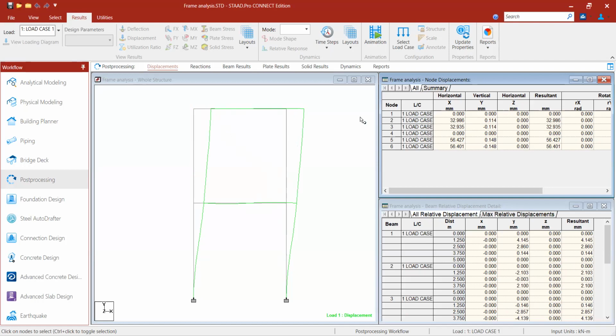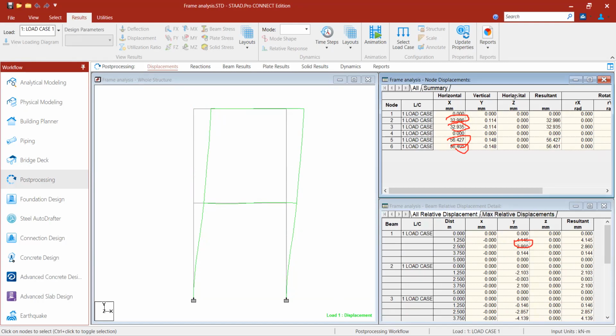Okay, so if we compare it, the nodal displacements here at node 2, node 3, node 5, node 6, these are very large as compared to the central displacement occurred at the beam.